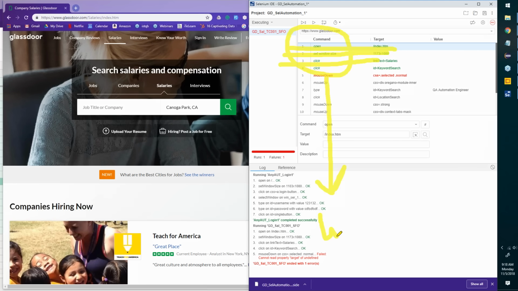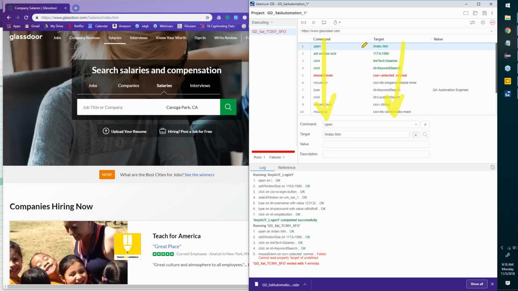Now, if my command is to open something, or to click on something, or to type something, or get my mouse down on something and mouse up on something, resize my window, all these things have been captured. Whatever I did manually has got captured and has gone into command. Command is the first building block. What is it that we need to do? Then comes the target, team. Where? This answers the typical question.